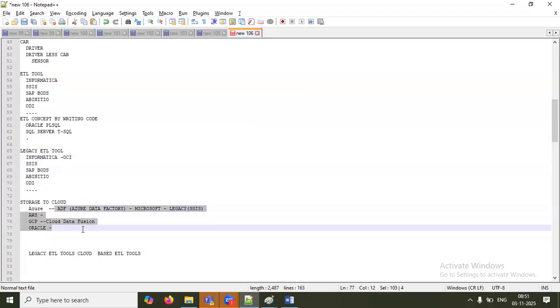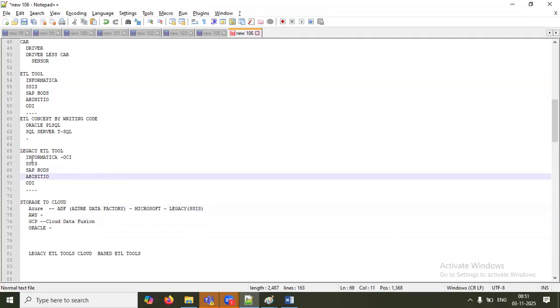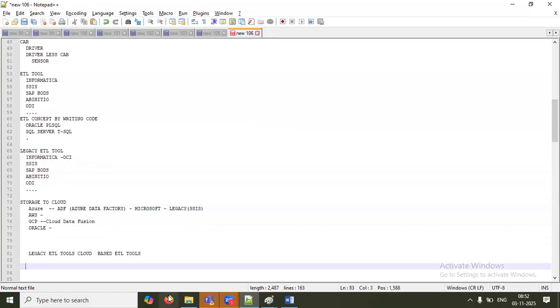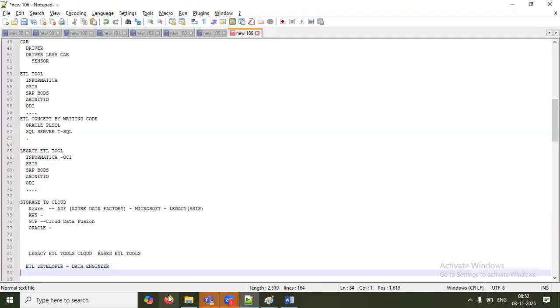That's where you will see more market for data engineers. Data engineer work is the same. What was called ETL developer is now equal to data engineer only.